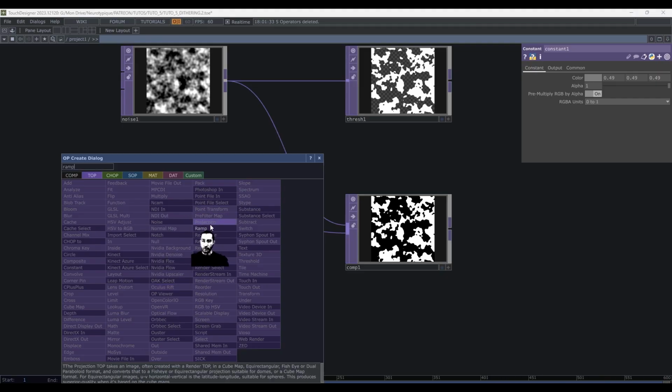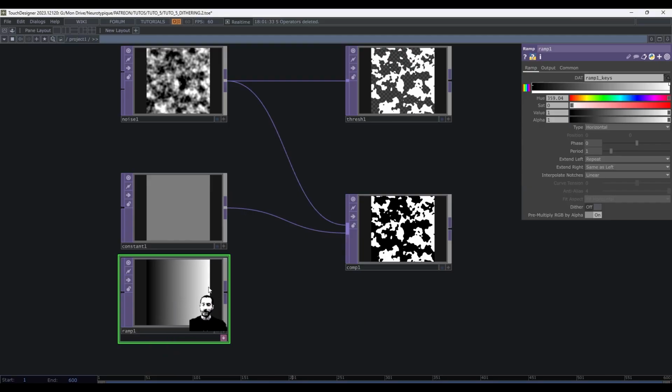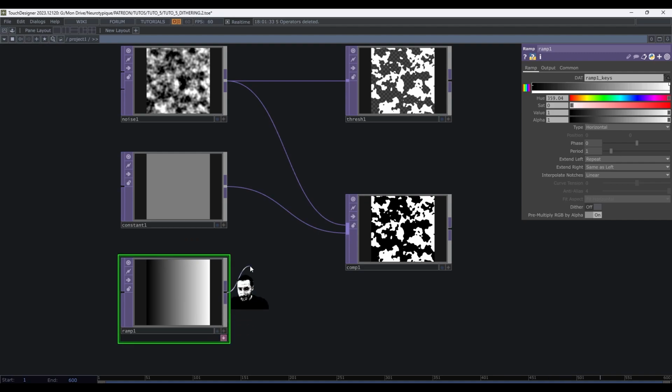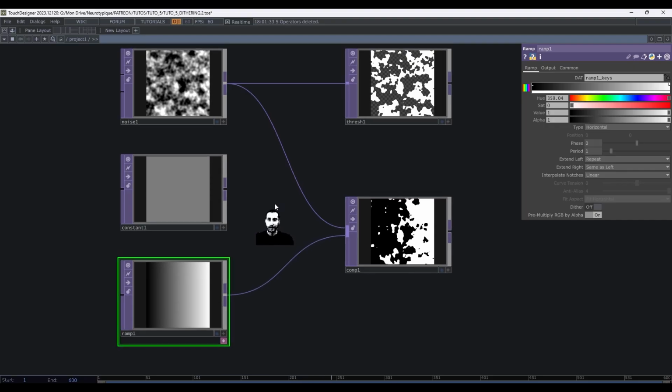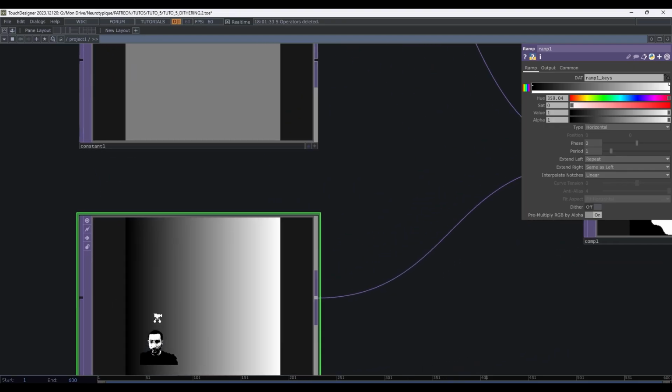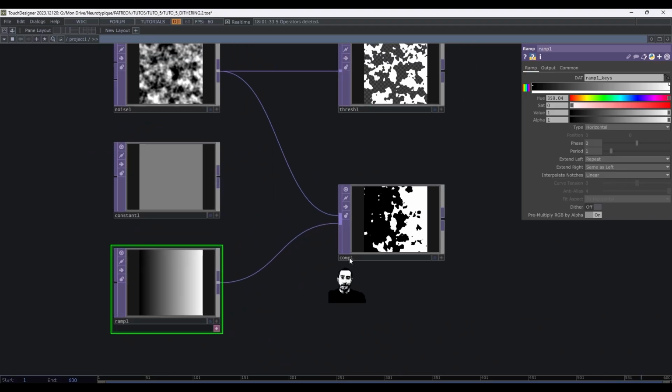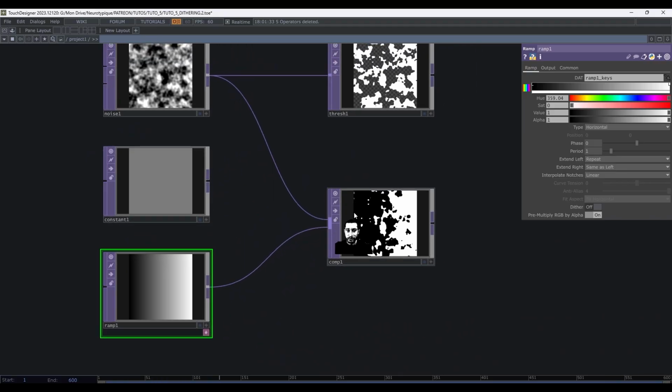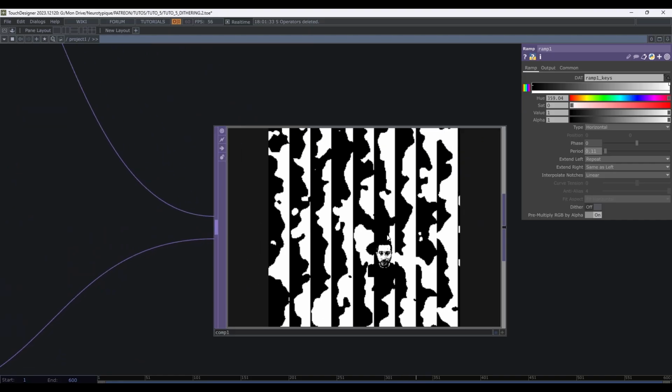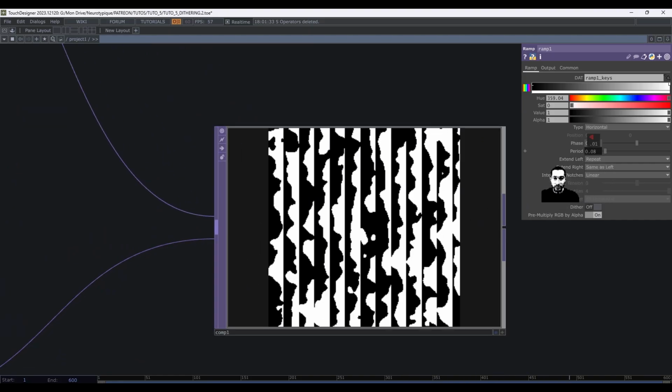If I take, for instance, a ramp, which is a blending of two colors, and I replace this, so I hover until the connection is yellow and I release. Now you can see that the image is not uniform anymore, and here it's setting a black threshold and a white threshold of 1 here, 0 here, 0.5 here, but it's transitioning. And if I, for instance, decrease the period, you can see the effect. It's getting really interesting.